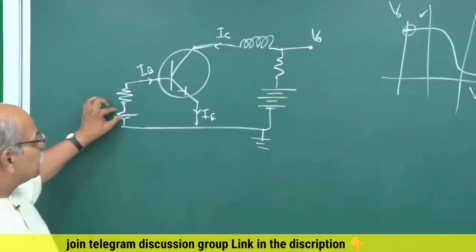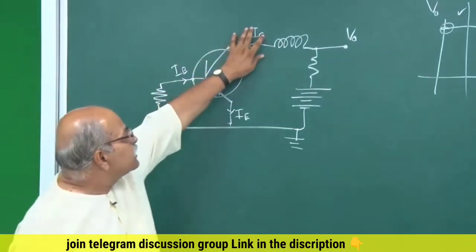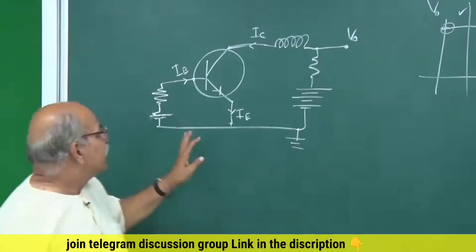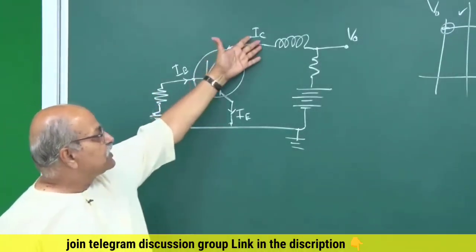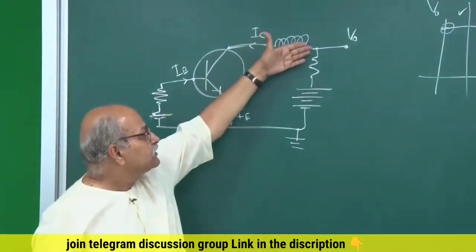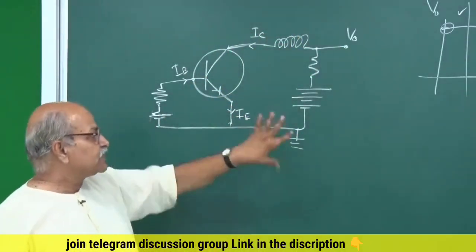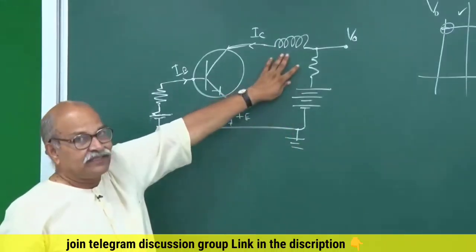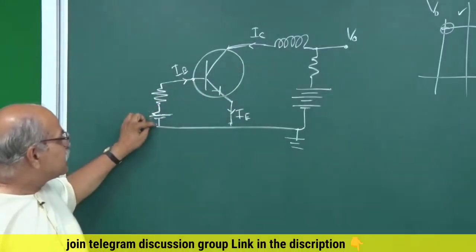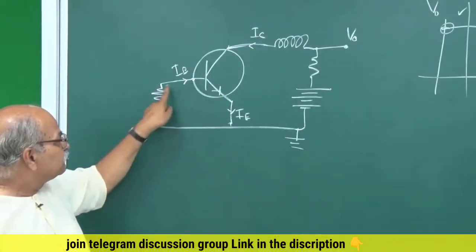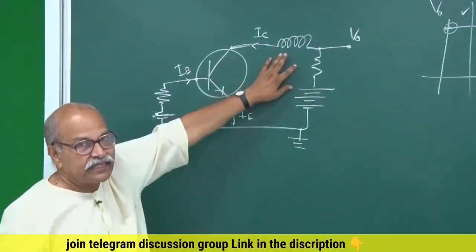So if you are not providing the current here, then there is no current here and this voltage is maximum. And if you are providing sufficient biasing here, then you have a large current here, and then this is almost 0, that we had seen. So this is how it works as a switch. It is switching this circuit. The only important thing is it is switching this circuit, although I am putting the switch here. So this is that low current part in which I am operating, and I am controlling a larger current part.